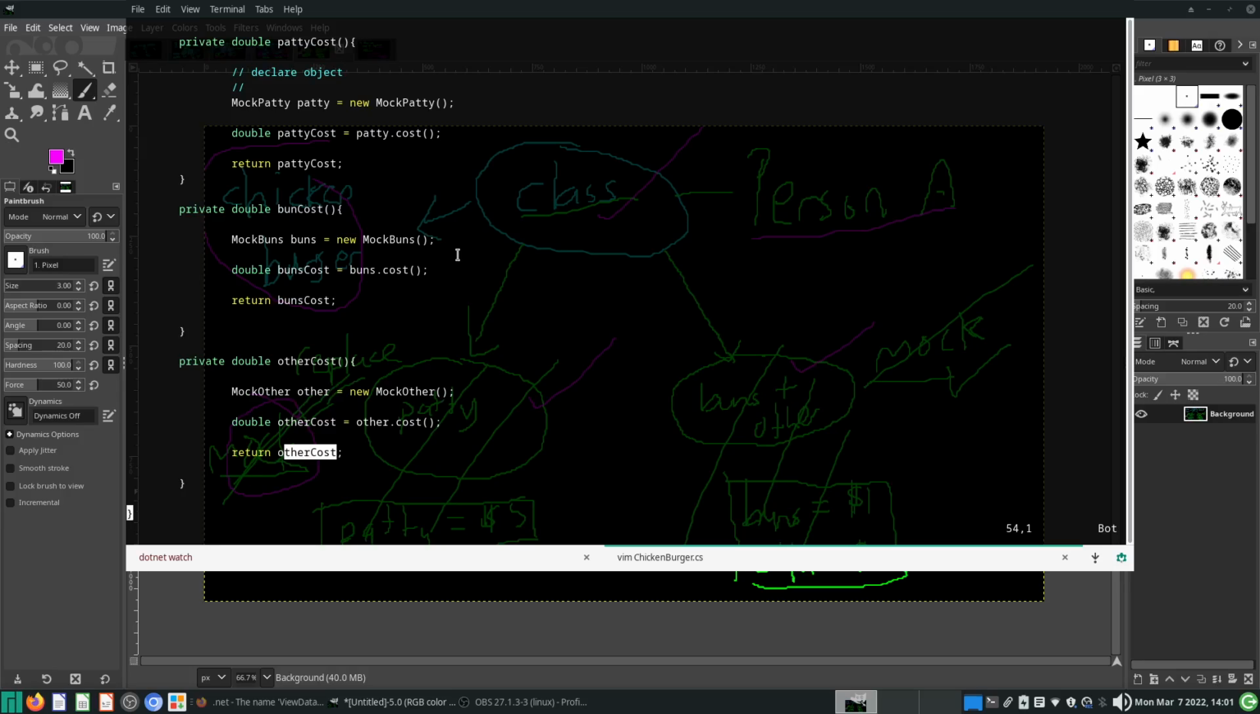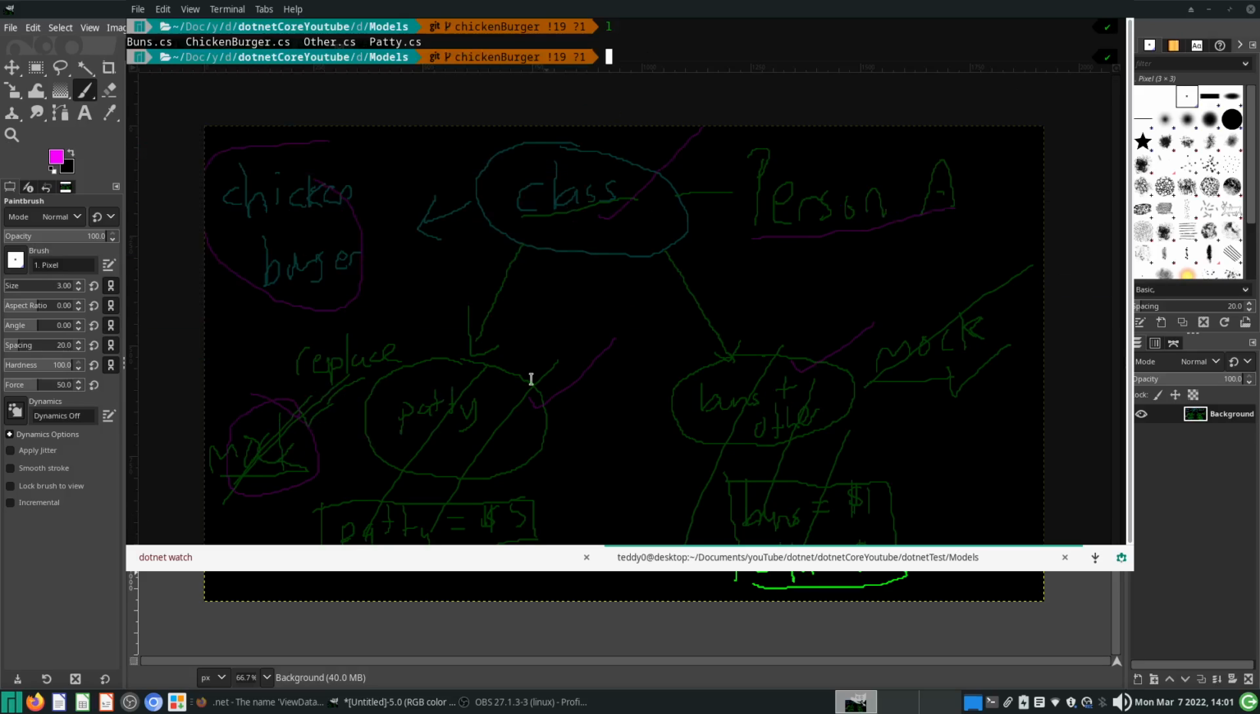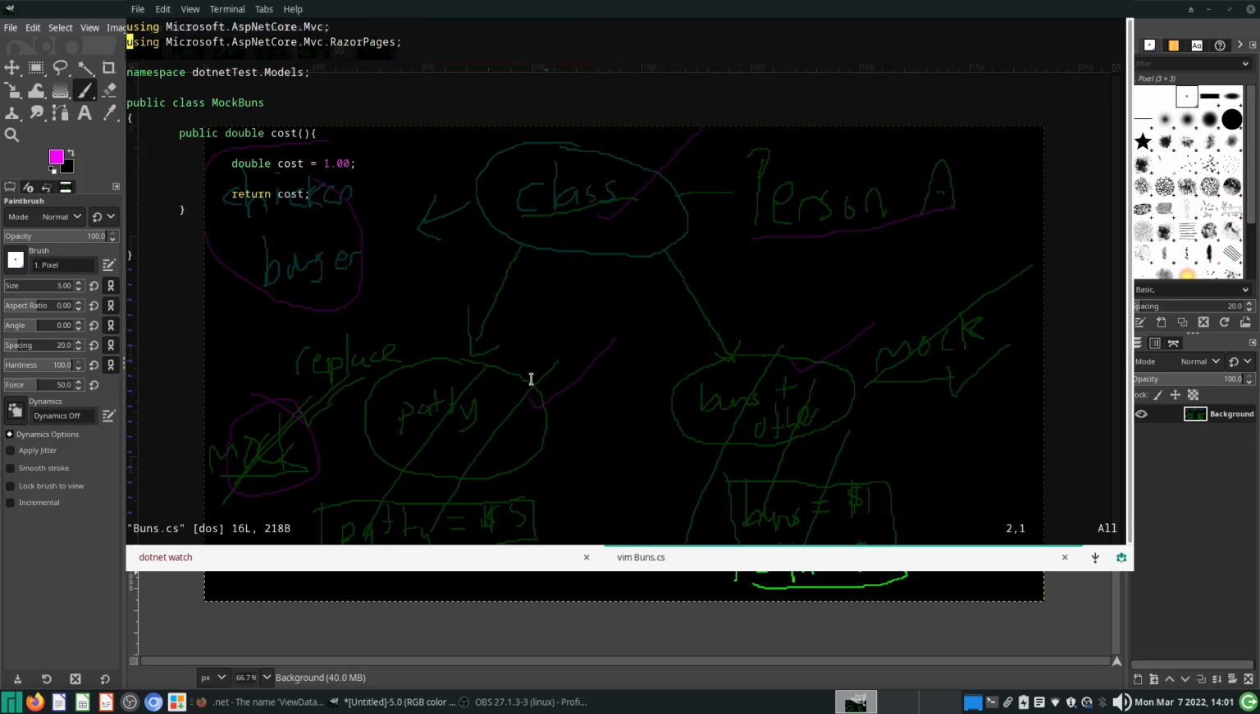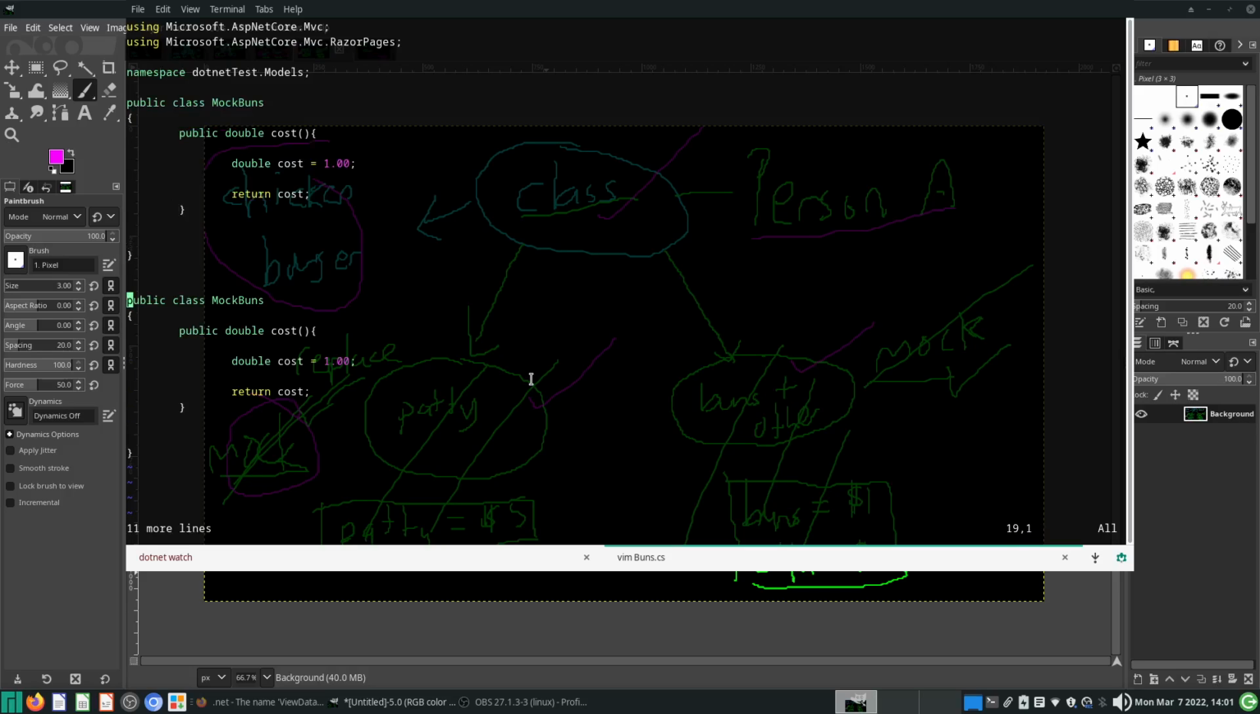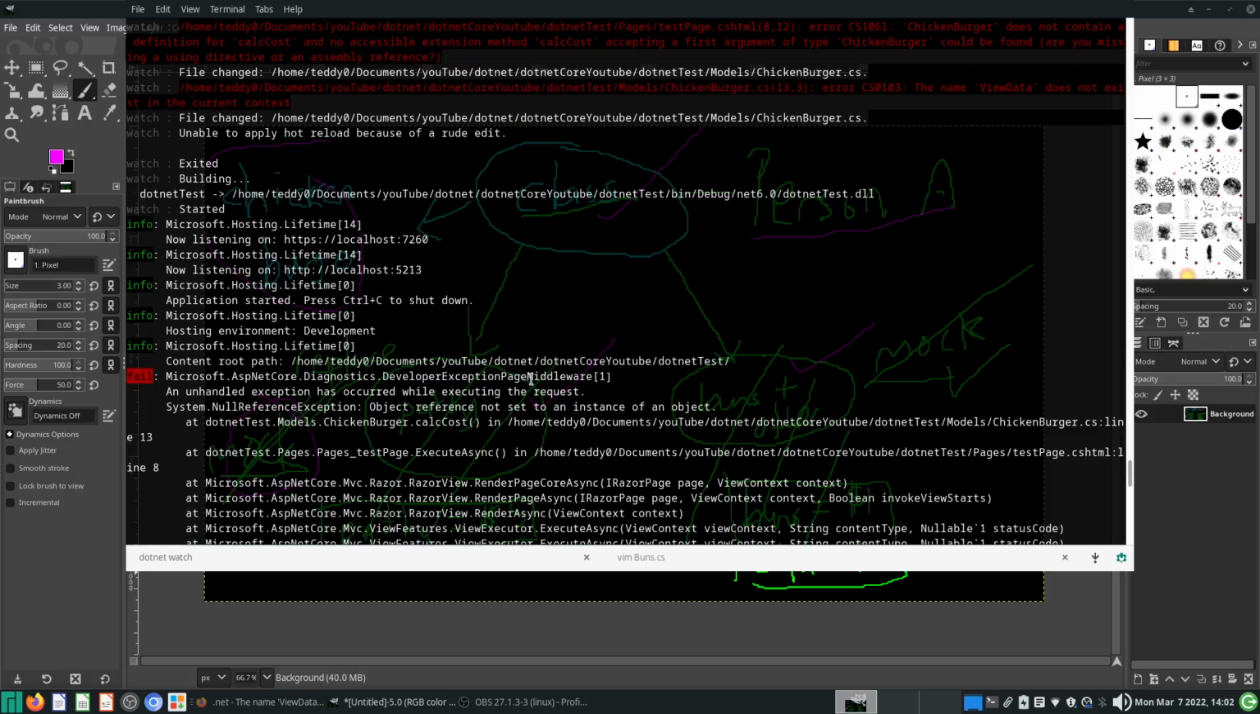Okay, all right. So now let's code the so-called real classes, which are a little bit more complex. Again, they may not be this simple in real life, but I'm just writing it so that we can have a demonstration. So let me copy and paste this MockBuns here. Instead of calling it MockBuns, I'll call this Buns. And the cost of the buns,